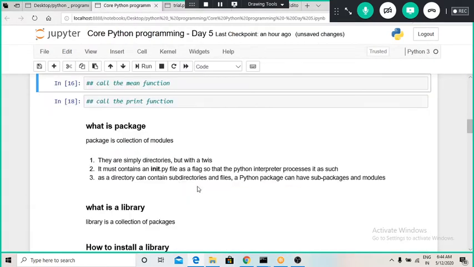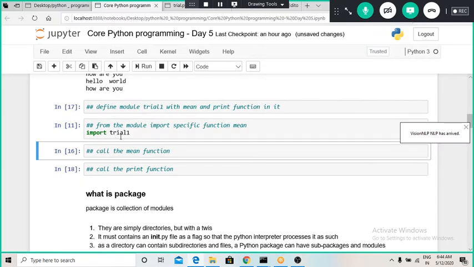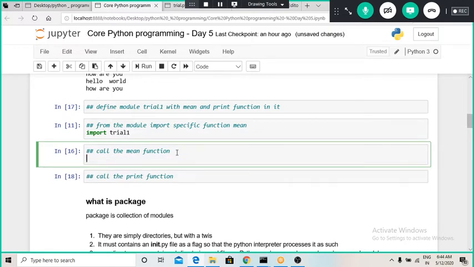Okay, and then I will run that function again. Now that particular module has got imported, and it is really fine. Okay, so now what we will do, we will access only the mean function out of that trial module. So for that we have to use this code trial dot mean, and in the mean function we need to provide two numbers. So let us provide two numbers, that is 20 and 50.